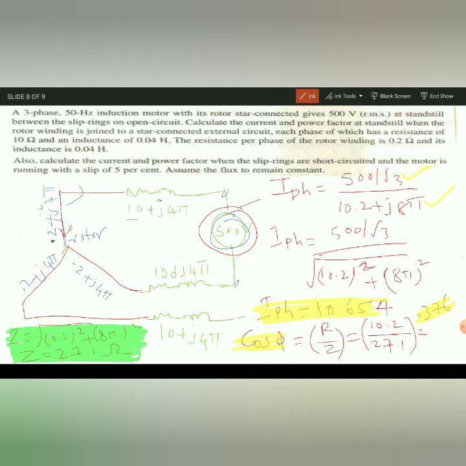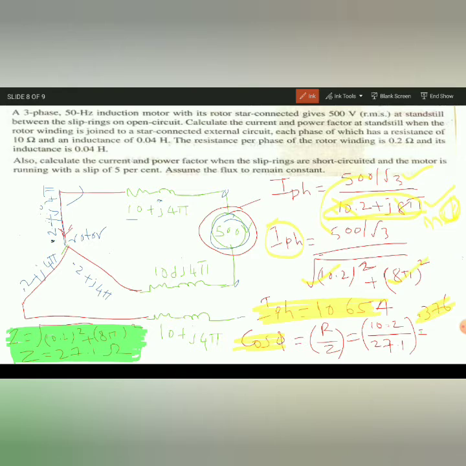Now we can do it in a different way. If we convert this into polar form, you get the magnitude and you get the angle. Simply dividing the magnitude, you will get the current, and by substituting this angle in cos phi you will get directly the power factor. Or otherwise, we can first find the current magnitude separately. So this is 500 by root 3, same, and here the magnitude can be determined as root of a square plus b square. If this is a, this is b, so this is a square plus b square.